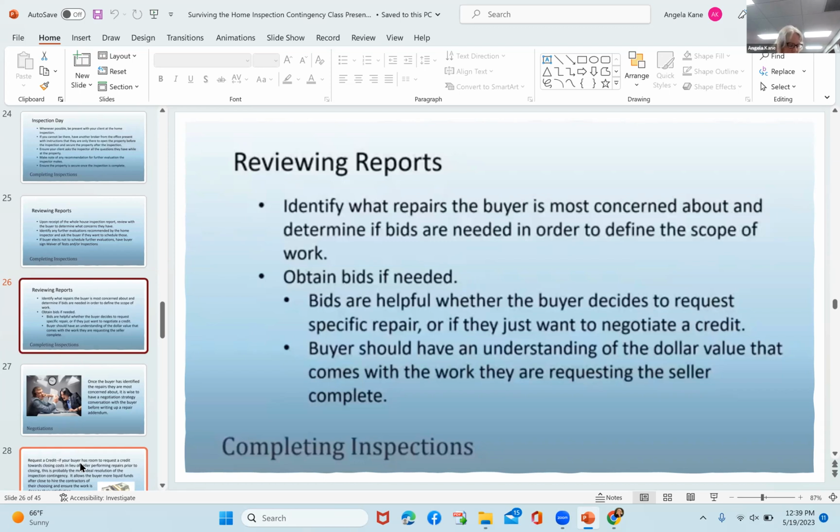It's our job to go through there and define those things that are safety and health related, things that are broken and need immediate attention, things that are cosmetic or worn, so that we can negotiate a credit for those or repairs for those. The seller does not have to do anything,